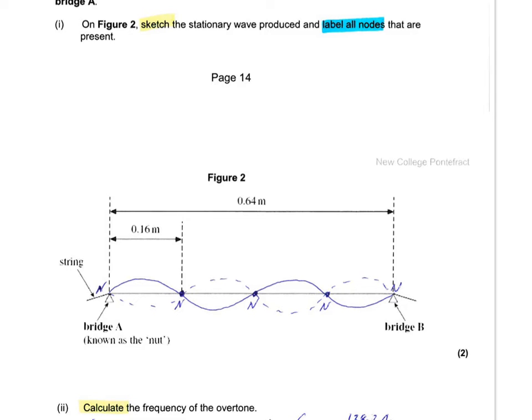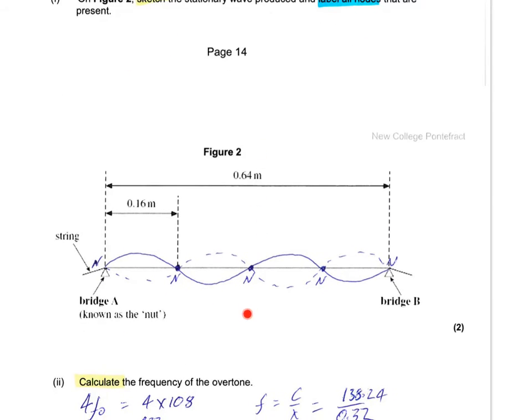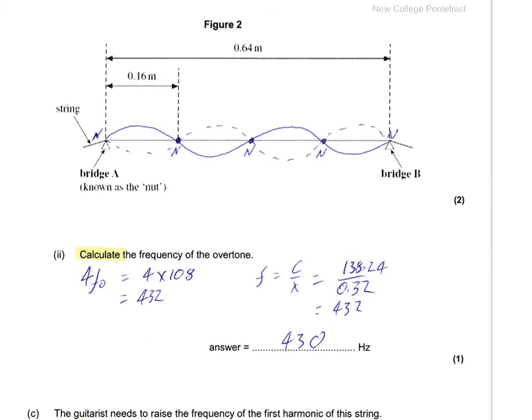but pretty close. So one mark was for having 4 antinodes, the next mark was for labelling all the nodes and for having them evenly split, and specifically for having that middle node there in the middle. Asked to calculate the frequency of that overtone, there are 2 ways you could do this. You could say, well, I've now got 4 antinodes. I know that's going to give me the 4th harmonic, in other words, 4 times the frequency I had before, 432. Or I could look at this and say, well, I've got the same speed I had before,